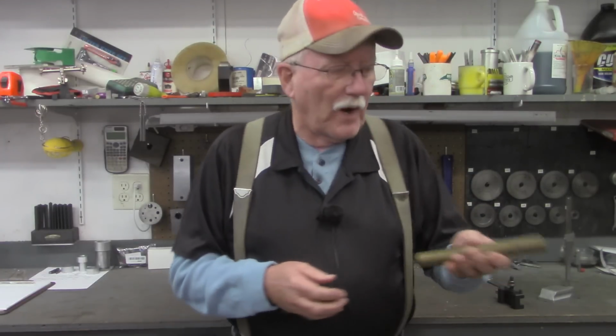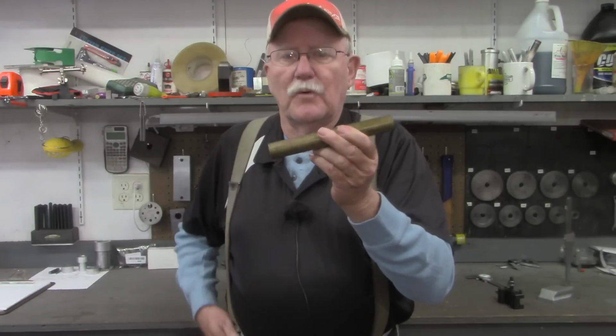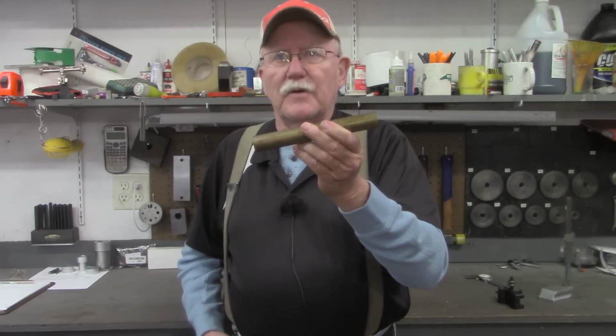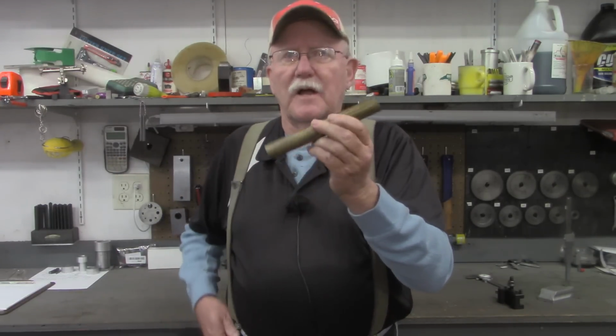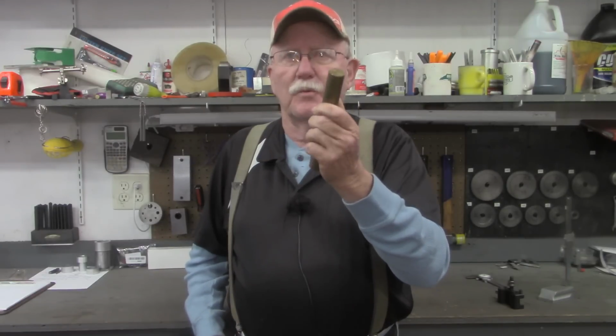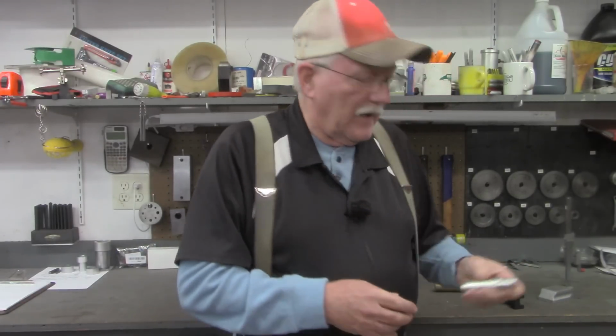I've got this piece of brass here. It's 1 inch. Before we actually get to that part, I may look over in my material bin to see if I've got something a little bit larger in diameter. I might use that, but this will work fine if not. First thing we're going to do though is put this,